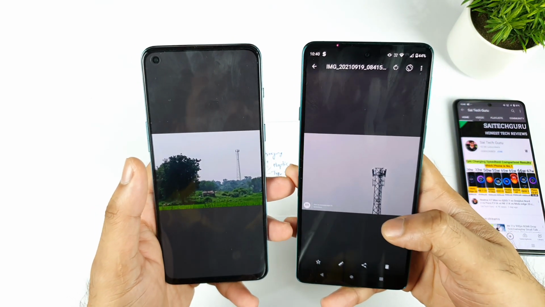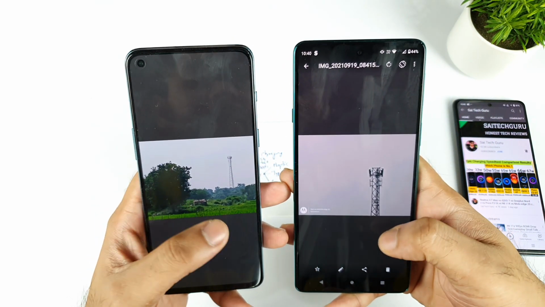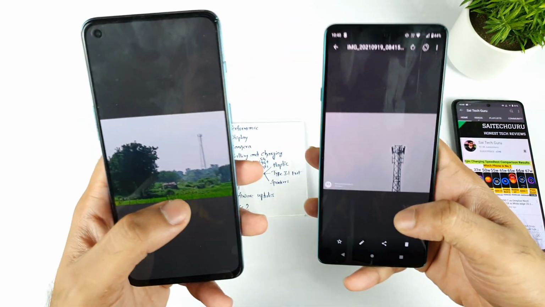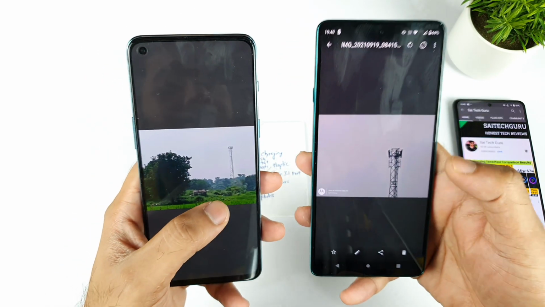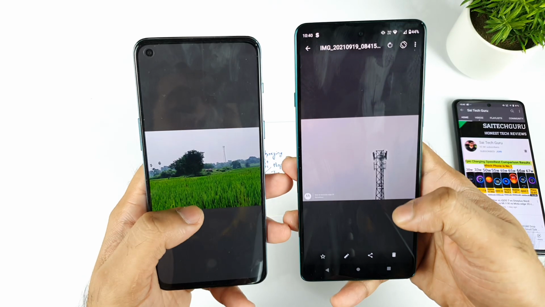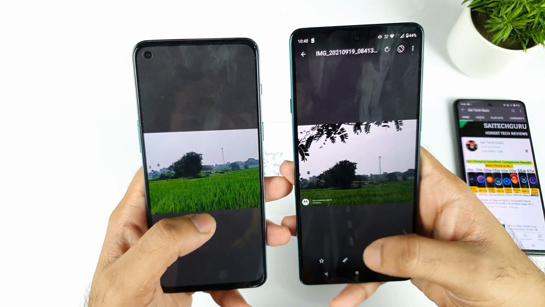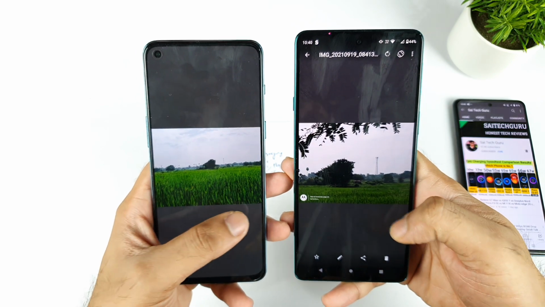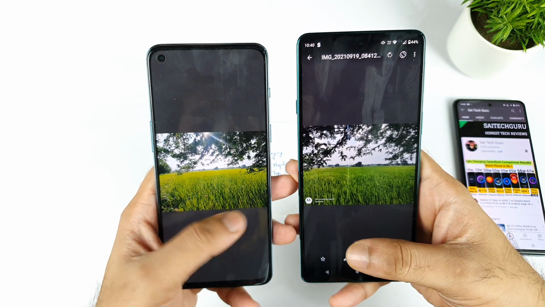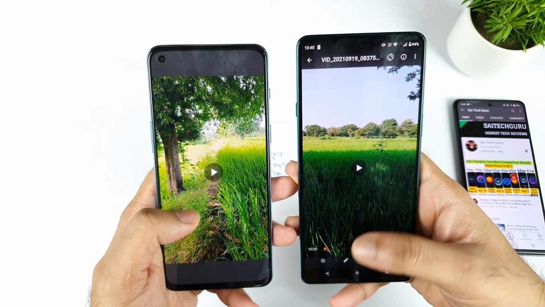Another thing, slight advantage for the Moto H20 is in terms of zooming capabilities. You can actually zoom up to I think 30x in this Moto H20 device. You can see that zooming capability is highest. The OnePlus Nord 2 can reach only this much, but the Moto H20 can go beyond that, as you can see. So zooming capabilities are really great in the Moto H20. That's the one thing which I can definitely understand how it is different.